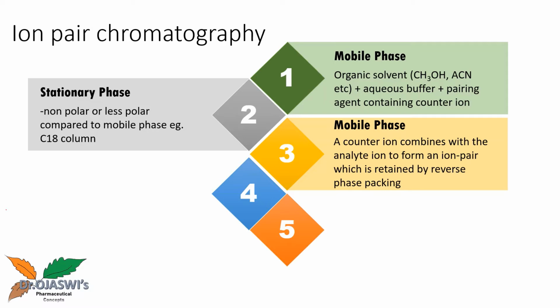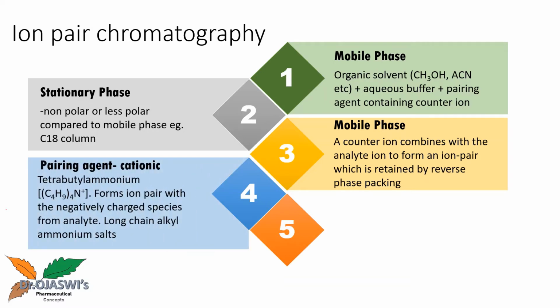So these positive and negative charges will have attraction towards each other, and a neutral molecule will be formed. This neutral molecule is no longer in dissociated form, it is an undissociated molecule. So this will have more affinity for the non-polar stationary phase, and thus the ions which are involved in this pairing will lag behind, and the rest of the ions in the sample will flow down along with the mobile phase, and this is how the separation is achieved.